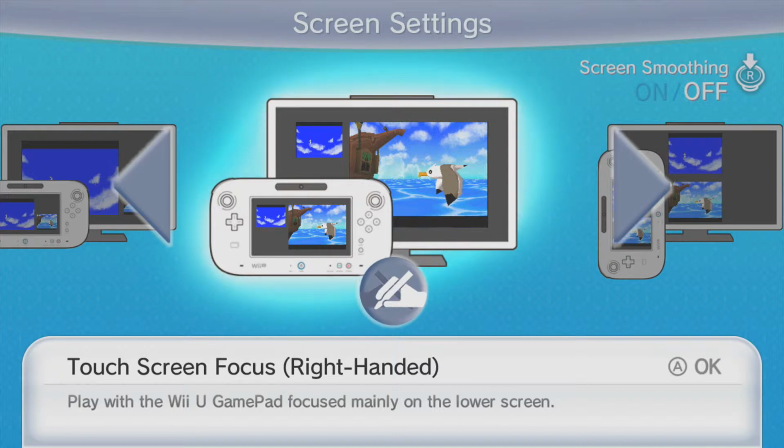I have an option which says screen smoothing. I don't know what that's supposed to mean. Like, what if I turn that on, what does it do? Can I have some sort of description as to what that does? Screen smoothing, is that like anti-aliasing? I don't know. I guess screen smoothing would be the super simplistic, anyone can understand term for anti-aliasing, but